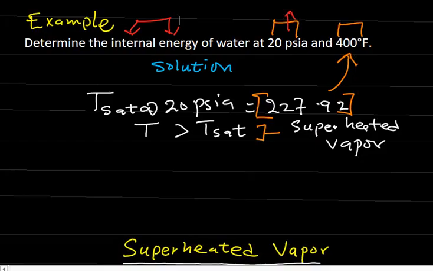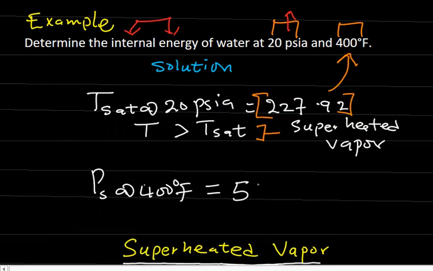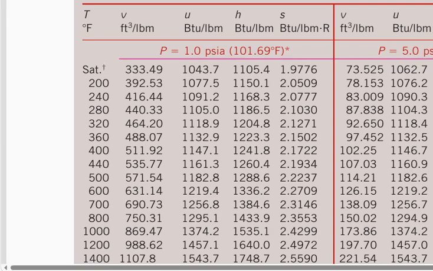So the pressure of superheated water at the temperature of 400 degrees Fahrenheit is 511.92, and of course the unit is